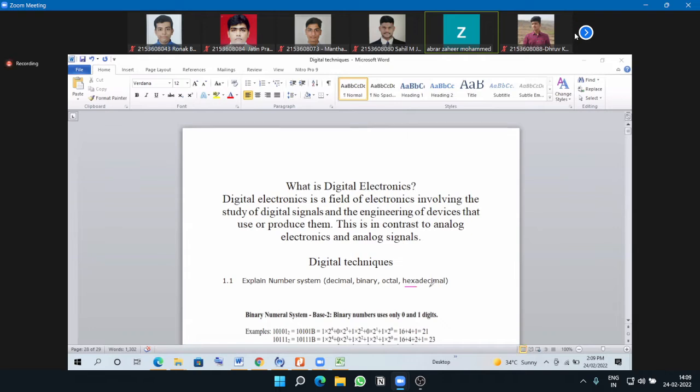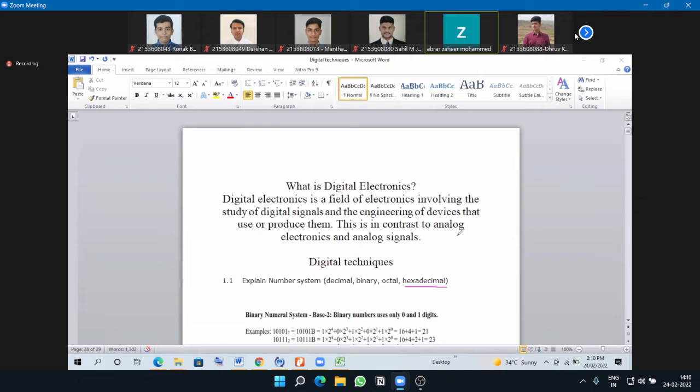hexadecimal. What is the hexadecimal? Sir, number consisting of 0 to 15 and it has base 16. 4-bit number. Examples of this hexadecimal number are the numbers that can be from 0 to 9 and from A to F. So after 9, the 10, 11, 12, 13, 14, 15 are represented in the form of A, B, C, D, E, F. Okay. So in the hexadecimal system, we can have the numbers from 0 to 9 and A to F, that is 16 numbers. That's why the base is 16.